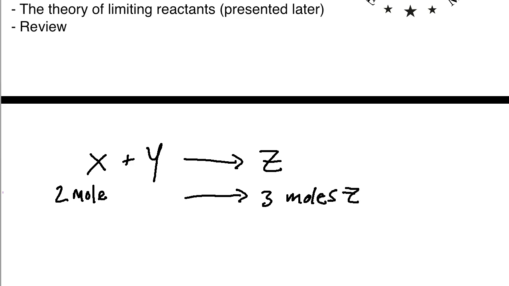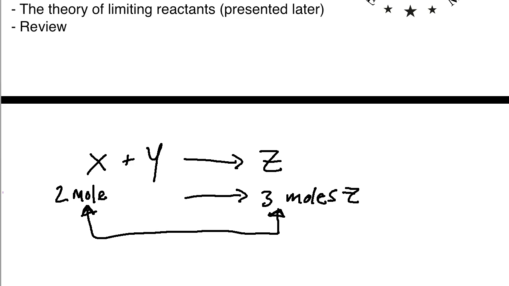Okay, it's moles. I can find out how many moles of X will create how many moles of Z. But I can't necessarily use a direct gram to gram conversion. So I can find out how many grams of Z would be produced by using a balanced equation and looking at the moles, but the moles are central. I can only turn X into Z mathematically through the pathway of moles. I can't directly say, well, 2 grams of X is going to give me 5 grams of Z. I need to say this many moles of X will give me this many moles of Z. And then once I have moles of Z, I could turn that into grams of Z, and that's where molar